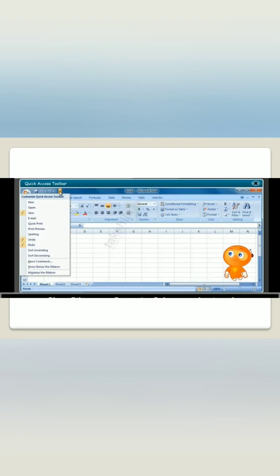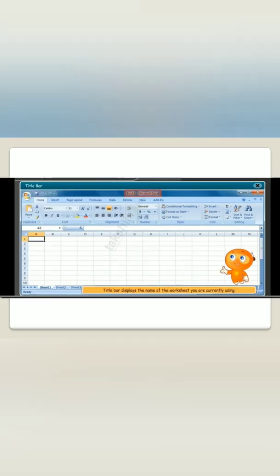When you click on it, a drop down menu, Customize Quick Access Toolbar, will open. Here different types of options are there, like new, open, save, email, quick print, print preview, spelling, undo, redo, sort ascending, sort descending, more commands. So many options are there in the quick access toolbar.